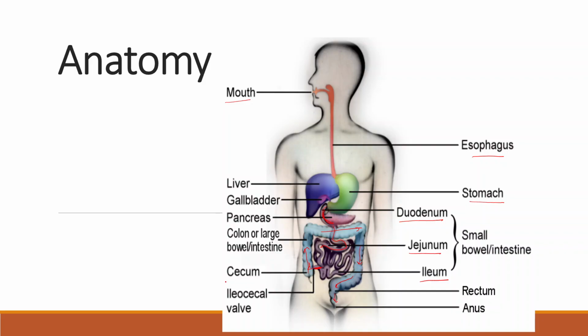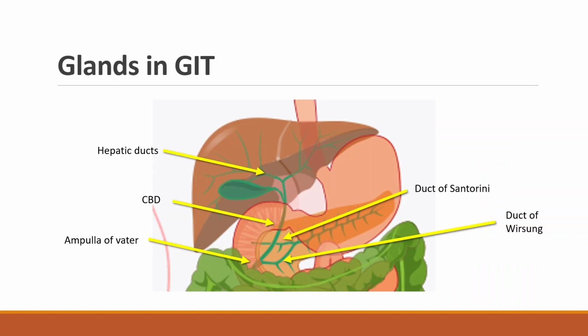Okay, so cecum, from cecum basically there is the start of colon, right? And which is also called large intestine, and then we have rectum and anus, right? So we have some glands also, for example liver. Okay, then we have gallbladder, which is basically used for storage of bile, and we have pancreas. So these basically pour their secretion here in duodenum. Okay, we'll see it later on.